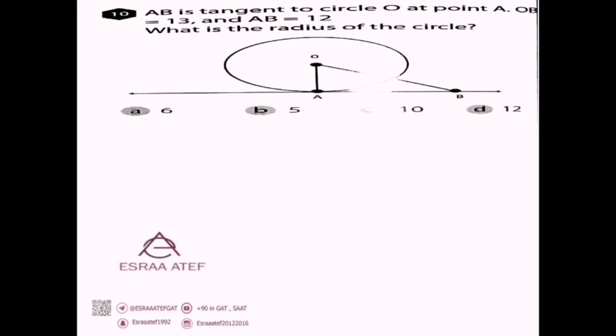Okay, here he gives me OB. OB is 13 and AB is 12. OB, which is this one, 13, and AB is 12. And he needs me to get the radius of the circle. The radius, which is like OA. If we can get OA, which means that it's like this, the radius. So we know that